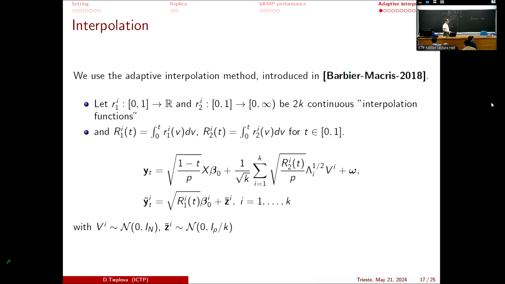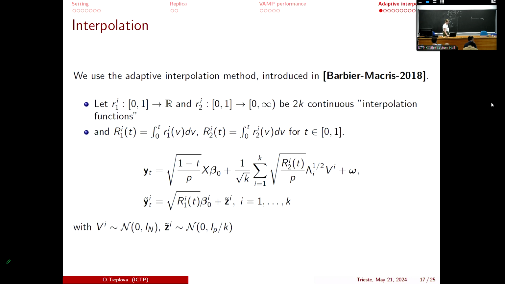The bottom line is that for this channel, when t is equal to 1, we don't have the first part, so it's really easy to calculate the mutual information. And for the other channels, again, for each block we will have a separate channel. Here we will have just this beta_i, the i-th block of the vector beta, multiplied by another interpolation function and with another additive i.i.d. Gaussian noise.